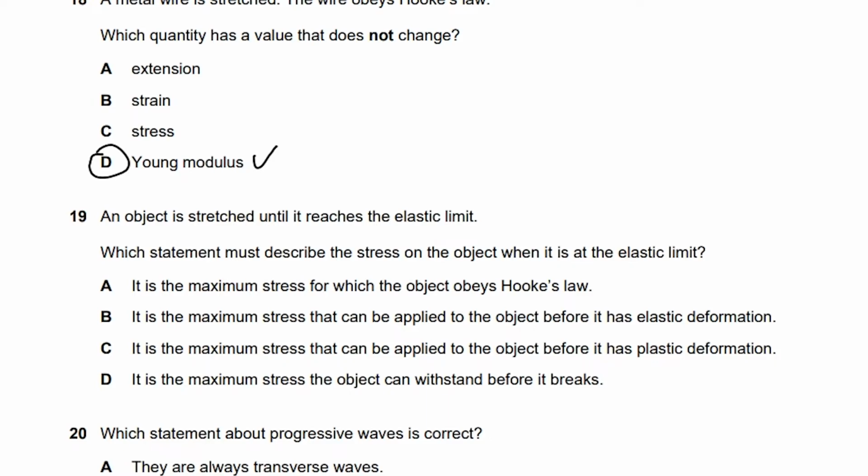So A is not the answer, because this option is related to the limit of proportionality. Option B. It is the maximum stress that can be applied to the object before it has elastic deformation. No, B is not the answer, because if you draw a graph, a force extension graph,